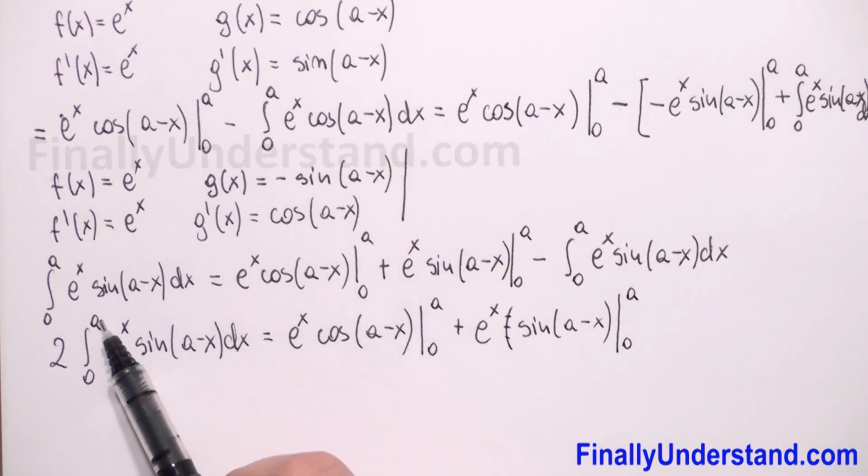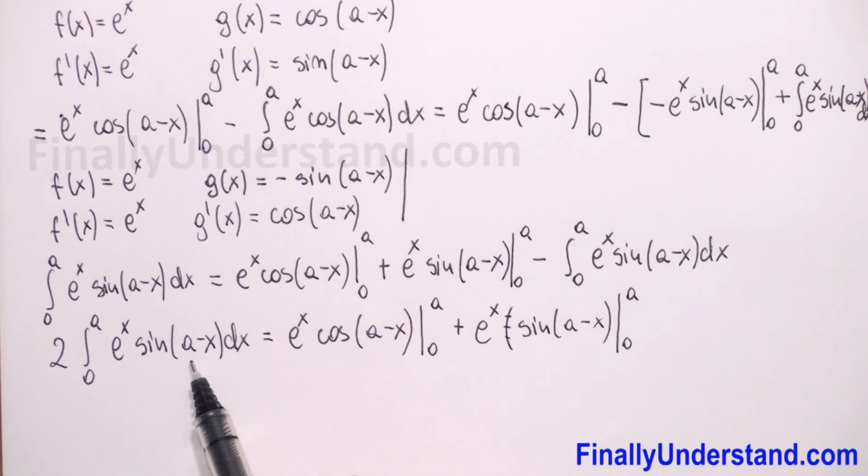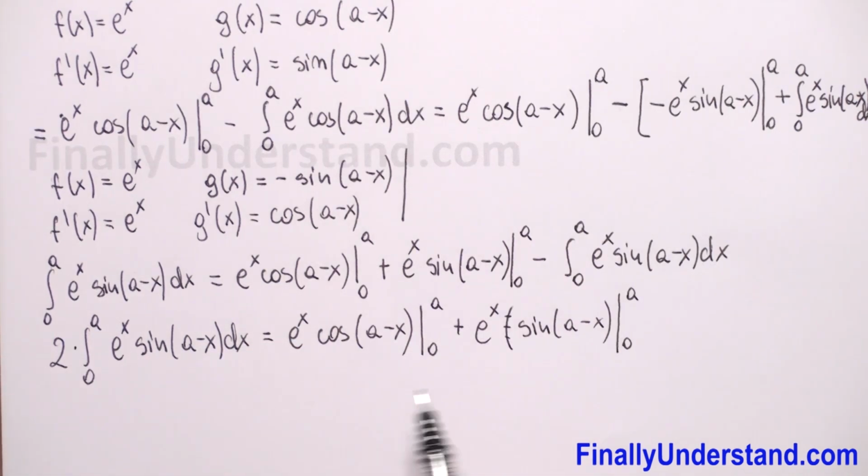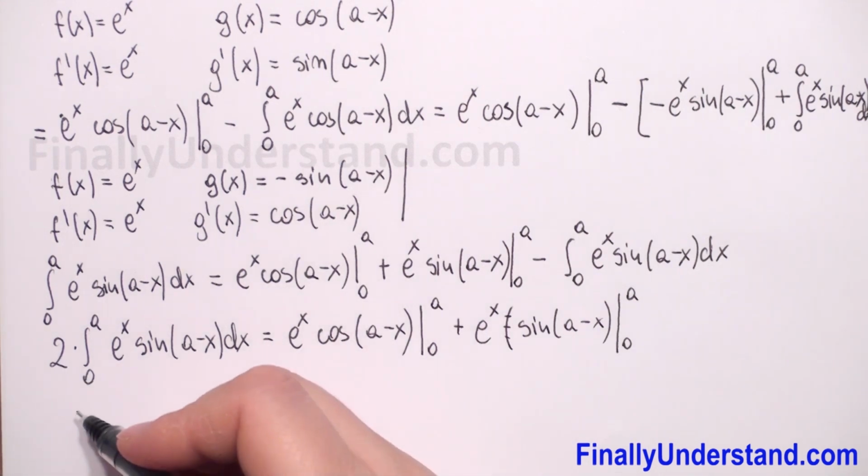Now, because we need to find the integral of e to power x sine a minus x, I don't need this 2, we have multiplication here, so I will divide both sides by 2, so this 2 we can reduce, and we will have